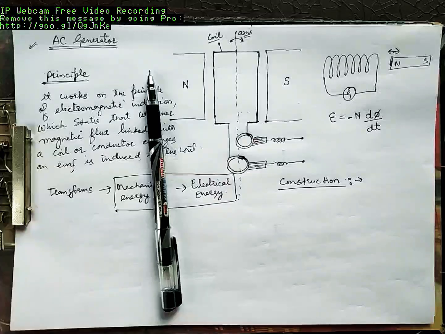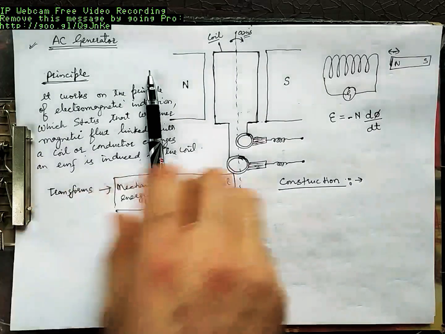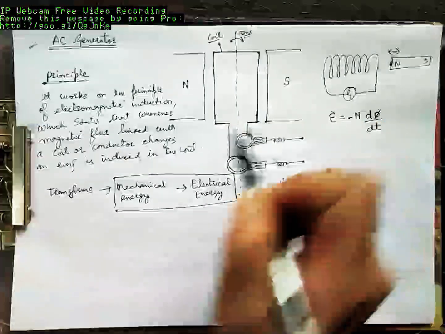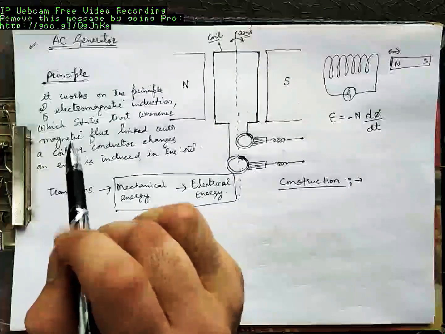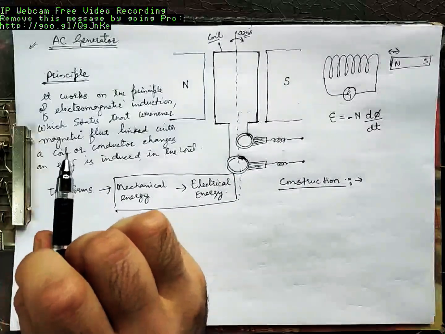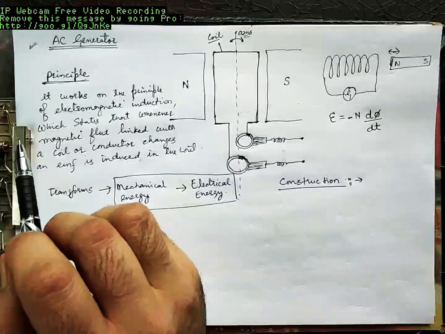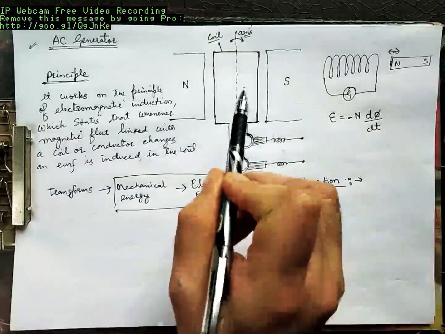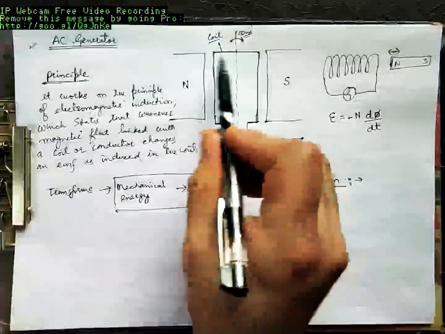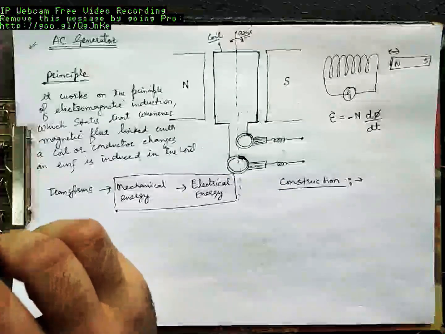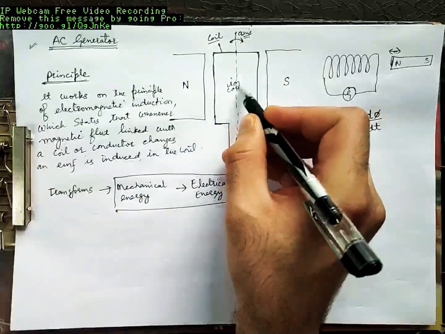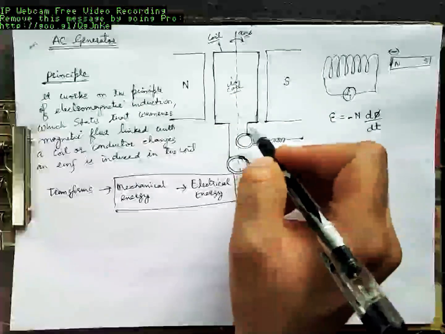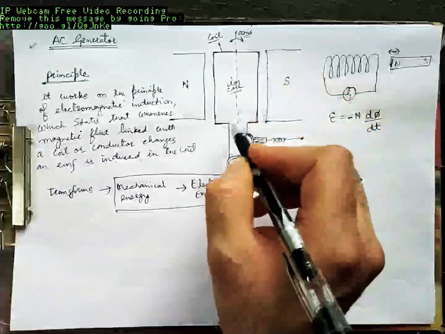In a real AC generator, there's not usually a single turn of coil over here as I showed it here. I've shown here a very simple example. In a real generator, there are thousands of coils, fine? But the same principle applies there as well. And this coil is usually on an iron core, because you can't keep this coil in the air. We have to support this coil on something. So we usually support this coil using an iron core.